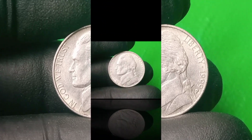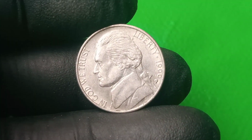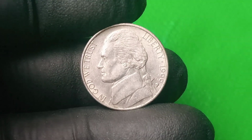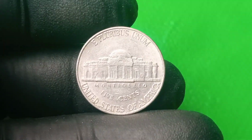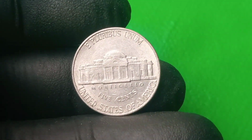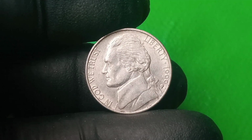And maybe that's why every coin collector who's ever paused on a 1999 P nickel, turned it over in their palm, held it under a lamp, tilted it just so, has felt that jolt, that quiet, breathless moment when you wonder if this is one of them, the nickel that doesn't fit the pattern, that defies explanation, that refuses to be ordinary, and makes you ask not just how it happened, but why no one seems to want to talk